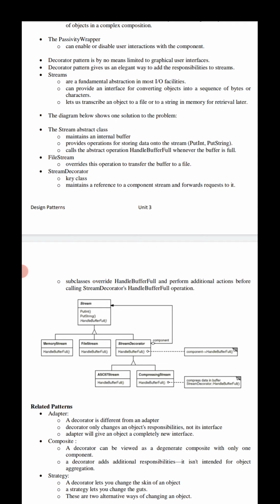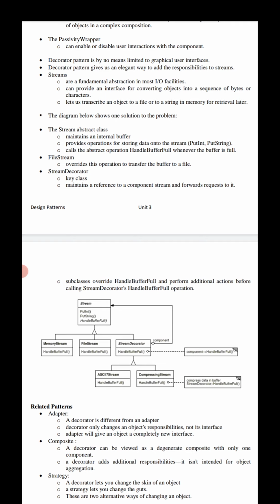The stream abstract class maintains an internal buffer, and provides operations for storing data onto the stream, like put int and put string. It calls an abstract operation like handle buffer full whenever the buffer is full. Buffer means a temporary storage area. The diagram below shows one solution to the problem.